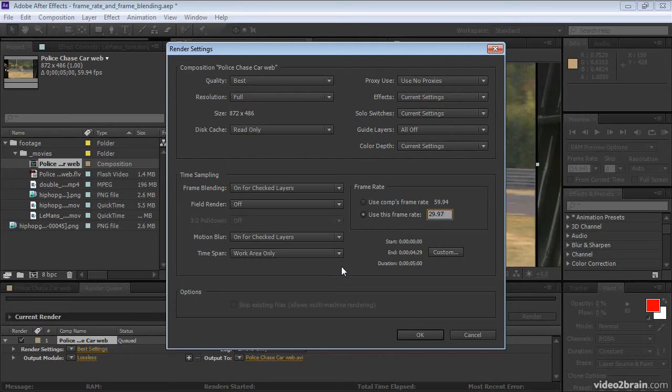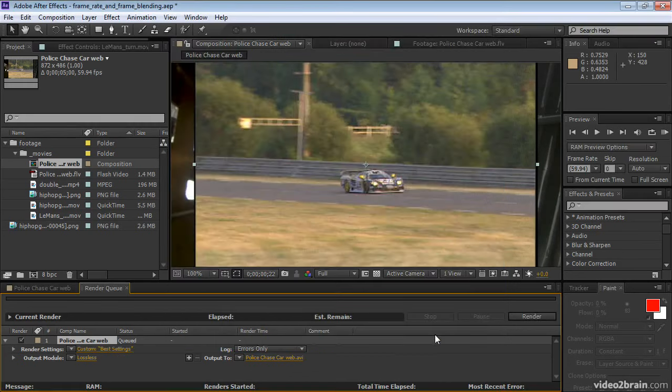And if we need to render fields, we'll choose to render fields. But if we're going out to, say, web video, we could choose something like 24 frames per second. And we wouldn't render fields because you don't need interlacing for video for computers. And click OK. After Effects can mix and match items of various frame rates within a composition without any problem,